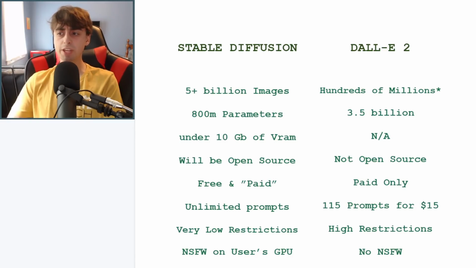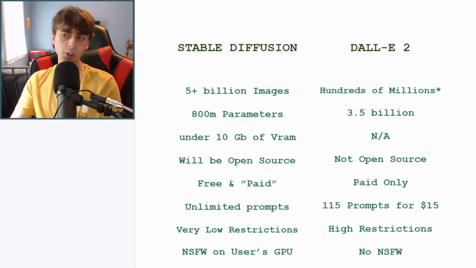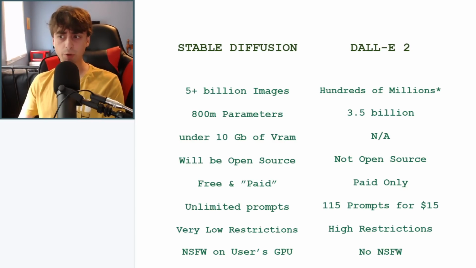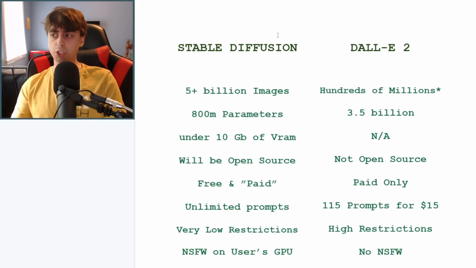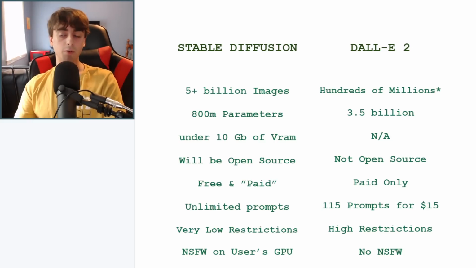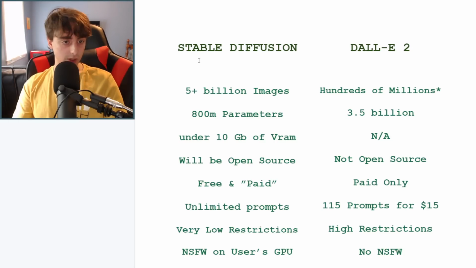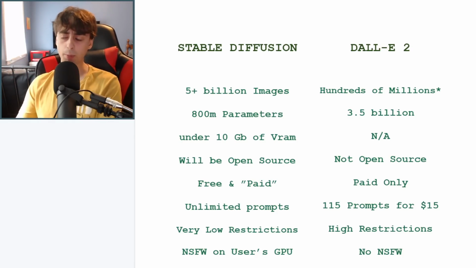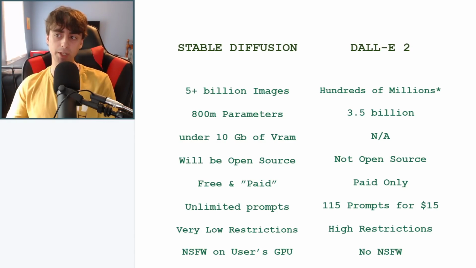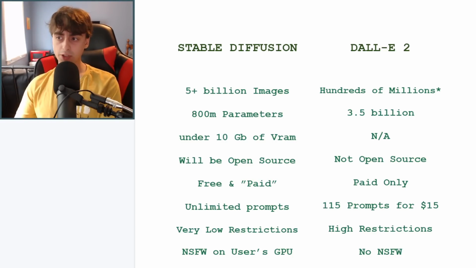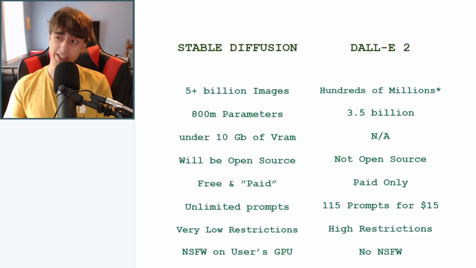So yes, everyone, getting into the next part of our video, first we're going to be doing a little quick informational comparison between Stable Diffusion and Dall-E 2. So as you can see, we have some different stats comparing these two text-to-image AI generators, and Stable Diffusion, which is created by Stability AI, here is on the left-hand side, and Dall-E 2, of course, made by OpenAI, is on the right-hand side. So first, Stable Diffusion has been trained on 5 billion plus images. We don't have an exact number, but we know it's more than 5 billion images, and this is known as the LAION-5B dataset, which also has captions, of course, and some aesthetics ratings associated with it.